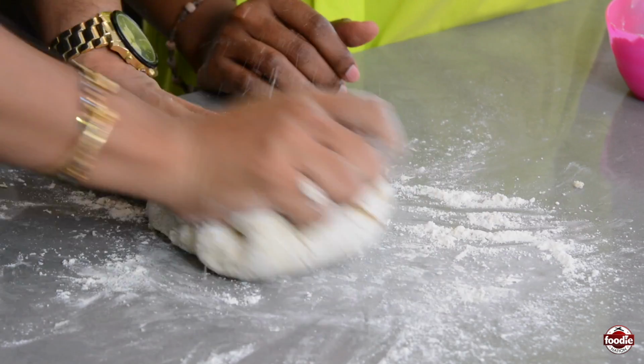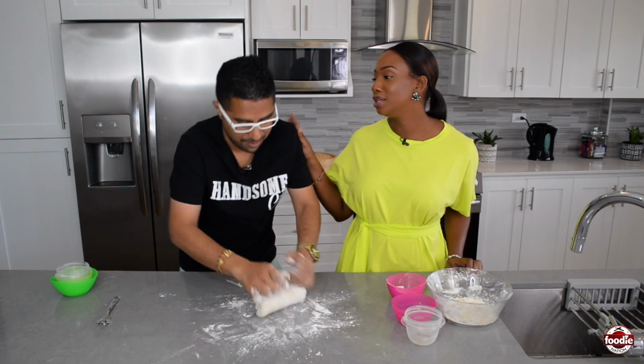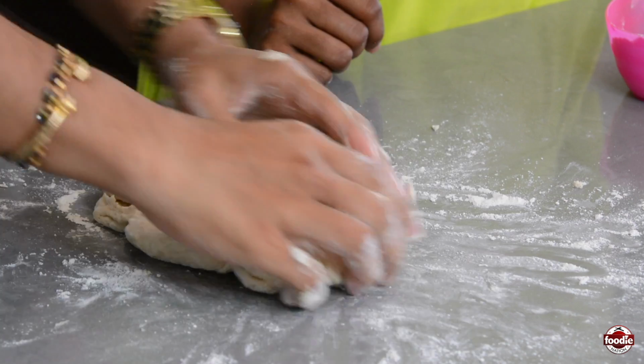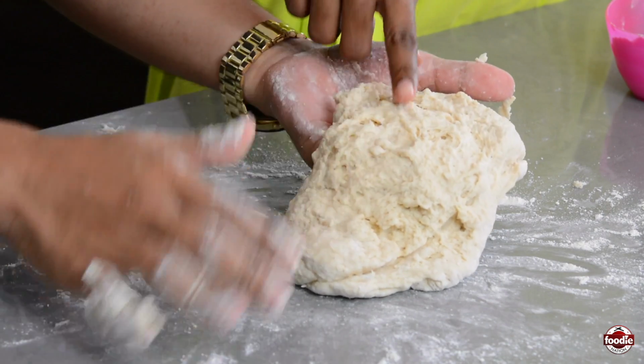Now, Kezi, we need to knead this for about 10 minutes. Oh, that's why we need you working. We need to develop the gluten inside of it. All right, so as I go, you can start to see the texture. See that texture inside here? It's slightly sticky, a little sticky,